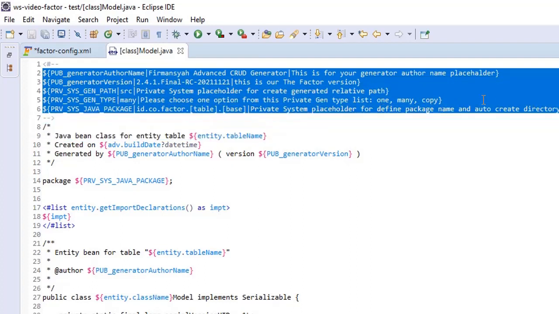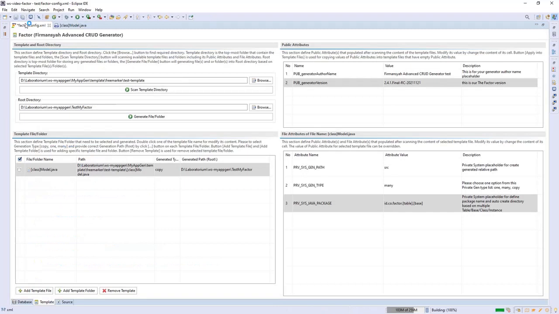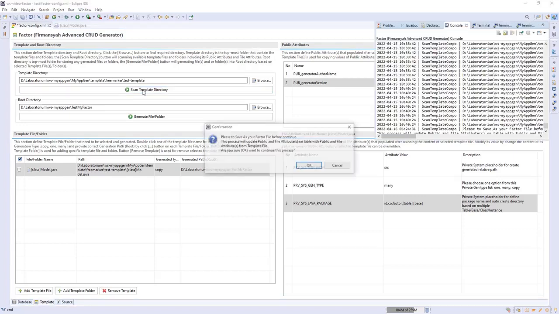For example, if you want to change the description of the pub generator author name, you can add it in here, then save the template, go to the editor, and scan the template again.